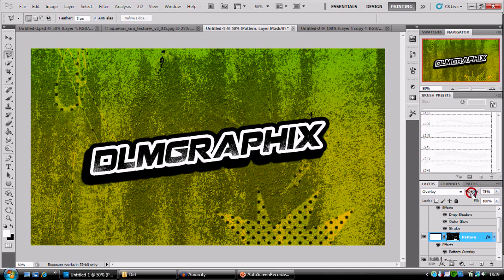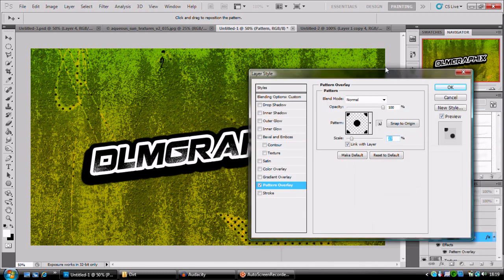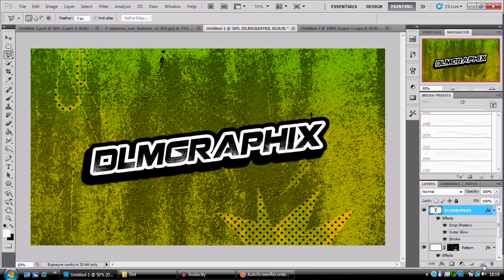And if I turn the opacity a little bit down or up, I can choose how I want it to look. Now, the great thing about having this texture pattern as an effect, I can go back to my pattern and I can make the pattern smaller, like so, and press OK because I wanted it a bit smaller. Okay, next up, we're going to add a new layer to this, and this new layer is going to come here on the top side,